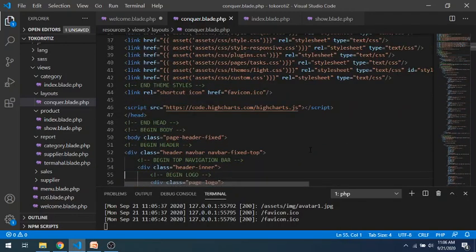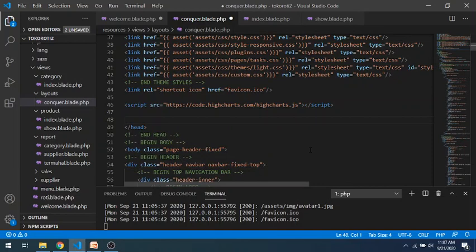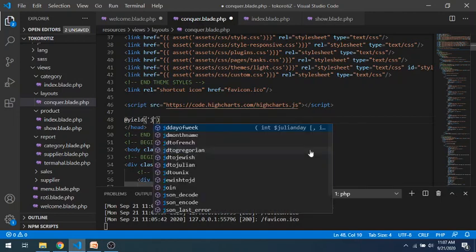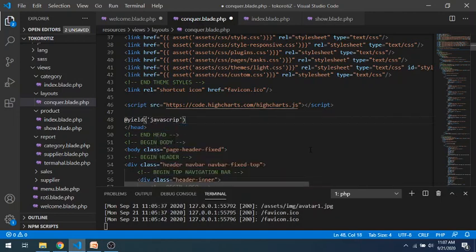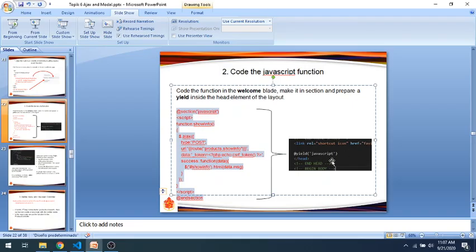In head, this one. We create the yield here. The name of the yield is JavaScript. This one. So our section will be placed here.